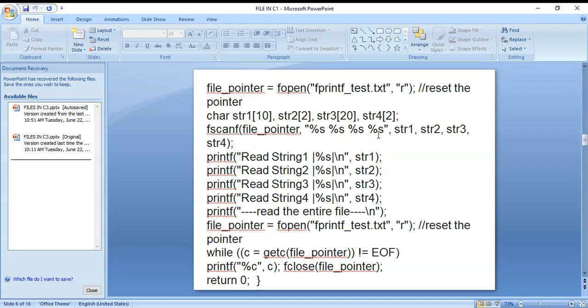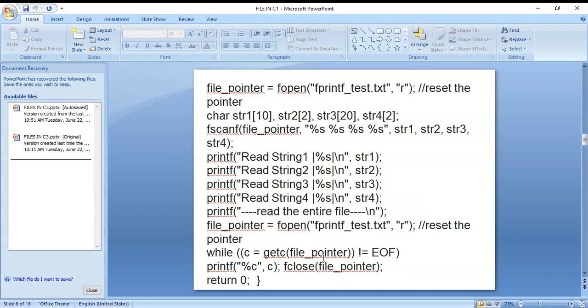Next, you can see here more parsing. We are using the fscanf function, and here you can see the getc function. getc is for a single character.